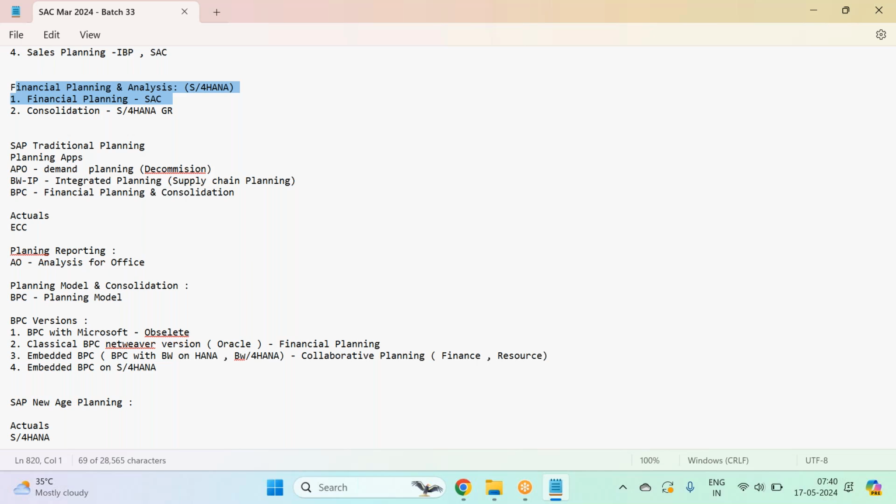They know how to consolidate the planning models run, but they really don't know how the real planning happens. Because the entire data modeling, everything is built in BPC. But where the planner works, the planner always comes to the reporting tool like Analysis for Office and does all the data distribution at the reporting tool only. This Analysis for Office has a write back functionality.